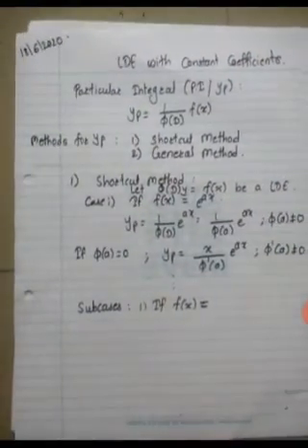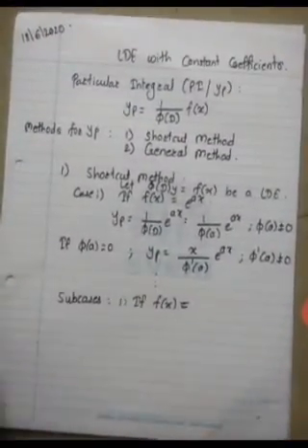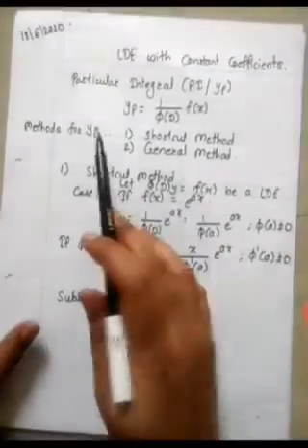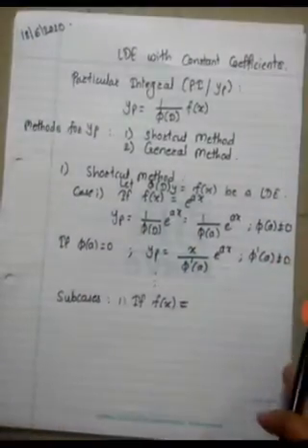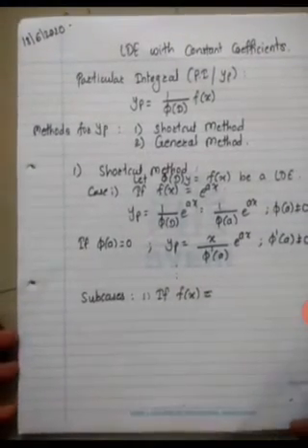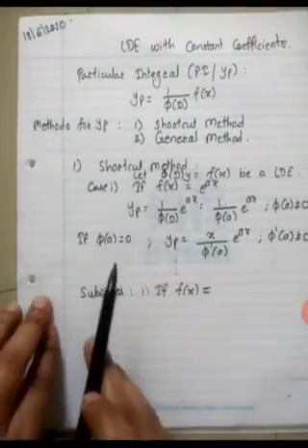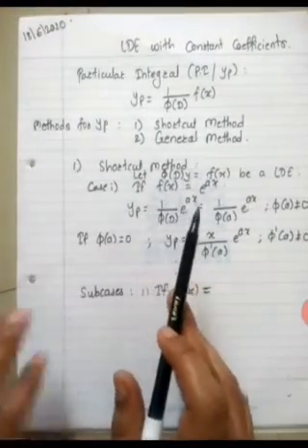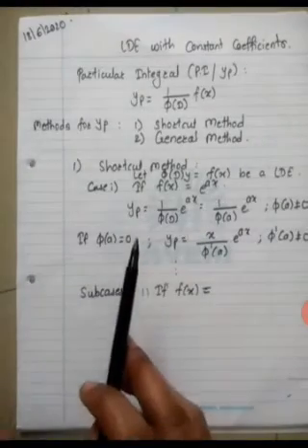Okay, then we'll move towards today's topic. As we have seen yesterday, there are two broad methods to find the particular integral: shortcut and general methods. For the shortcut method, there are 7 cases I told you. Case 1 is when your function is e raised to x, which we just solved an example of, right?